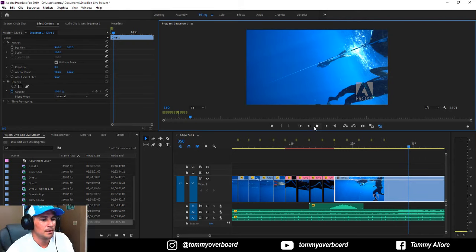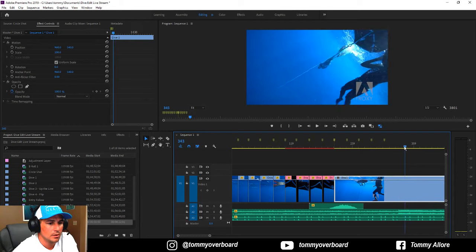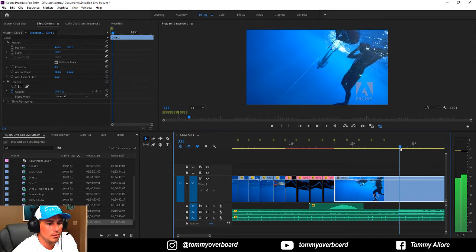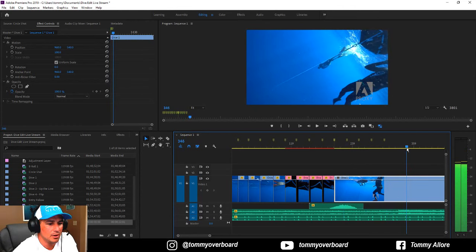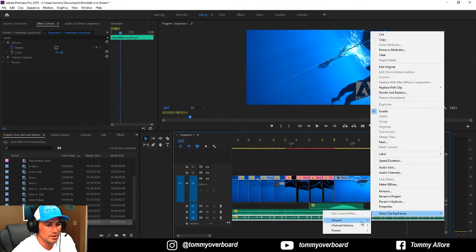That looks pretty good. I think I need to color grade this a little bit. We can get to that later though. What we can do is just add an adjustment layer over the top of all of them. Alright, so the heartbeat can probably go after the start to fade, like right here. So let's go ahead and show clip keyframes, go to levels,